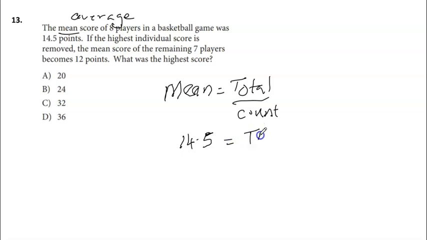From that, we can find the total, because we know there's a count of what? 8 players. Right? So from here, the total is going to be 14.5 times 8. And that gives us